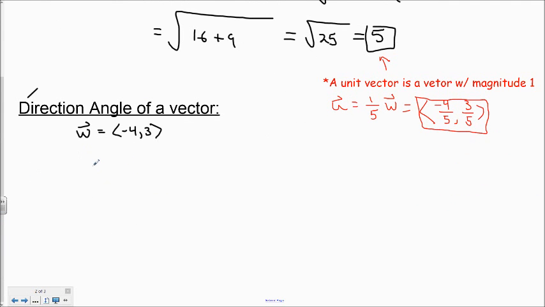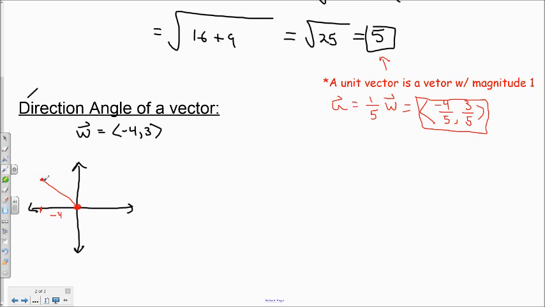So to find the direction angle and make sense of it, I'm first going to give it a quick sketch. I'm going to sketch W in standard position, which has initial point at the origin. It moves negative 4 units in the x direction, and up 3 units in the y direction. So to find the direction angle, which is the angle measured from the positive x-axis to the vector,